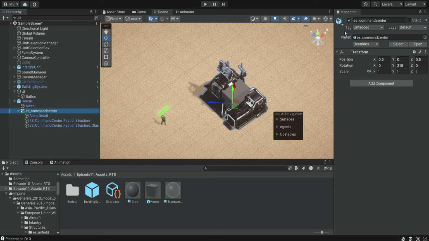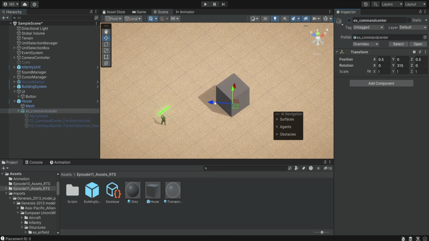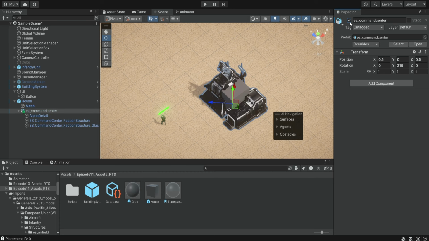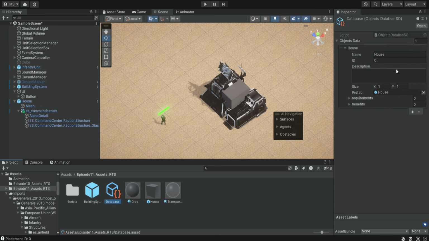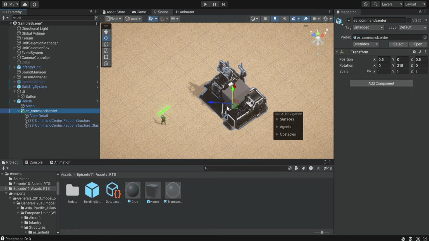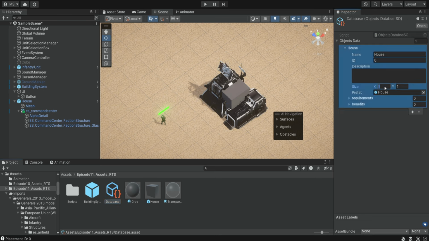Now if we disable the command center, we can see that this mesh takes exactly one cell, but the command center is taking 9 cells, right? And we can also go to the database and see that our house is taking 1 cell, right? And this is something that is being used by the construction system when we want to create another building and we don't want them to overlap. So it's important to update this according to our model. So for now, the model will be 3 cells on 3 cells. So we can go to the database and change this to 3 on 3, and we can also rename it